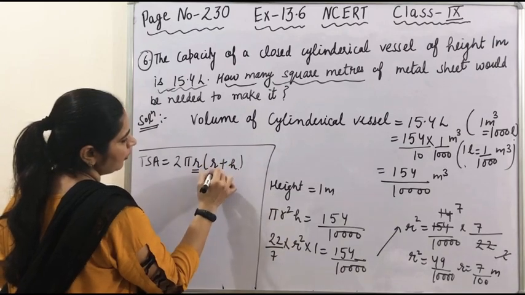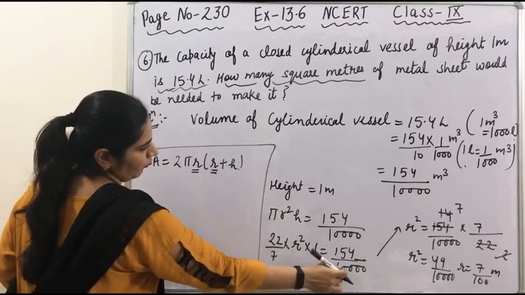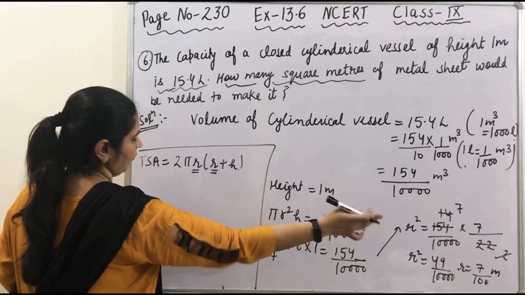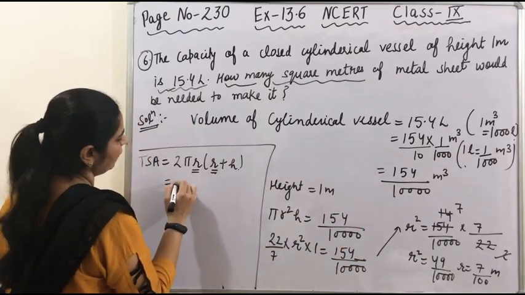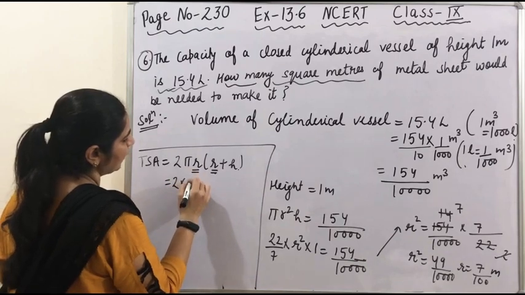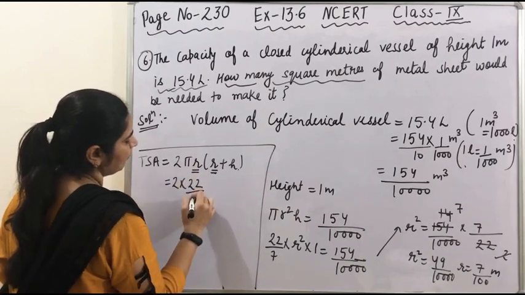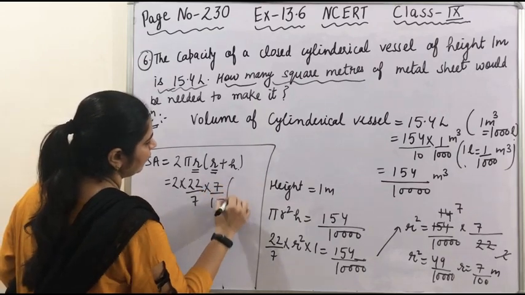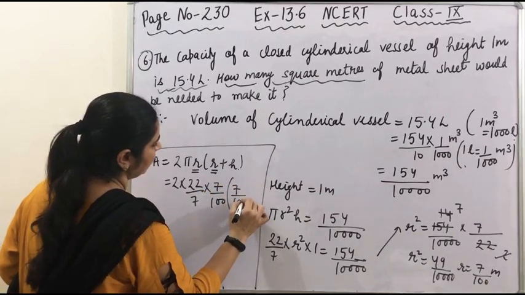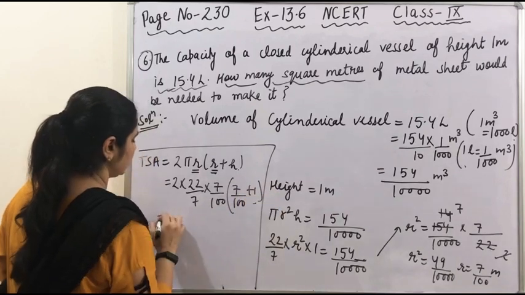R was required, so here we have done the calculation. We found out the value. Here the value is 7 by 100. Now we'll apply. Pi is 22/7, R is 7 by 100, so 7 by 100 plus 1, which is equal to